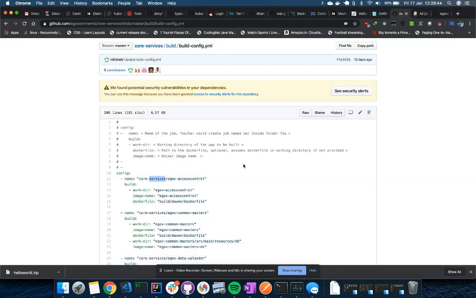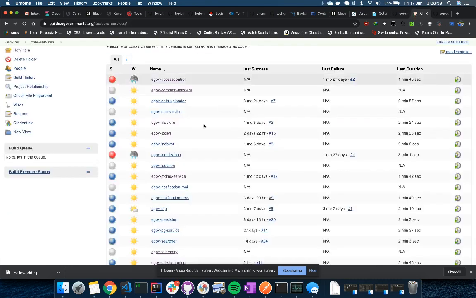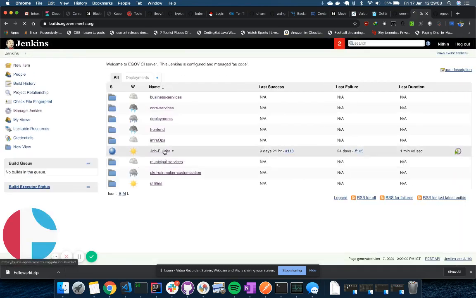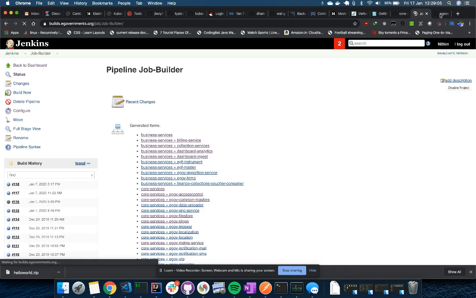In this case, rather, whoever it is needs to approve your PR. It could be the repo owner or somebody from your team who's been represented as the code owner or such. So he can approve your PR. Once that is done, the next step for you would be to run the job builder itself. So the job builder is what will actually generate the jobs from the build configs.